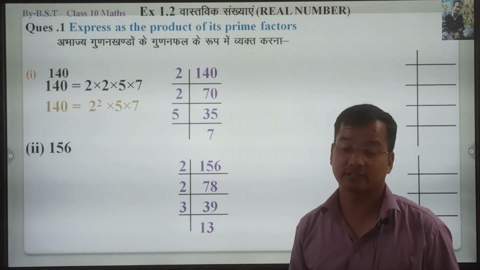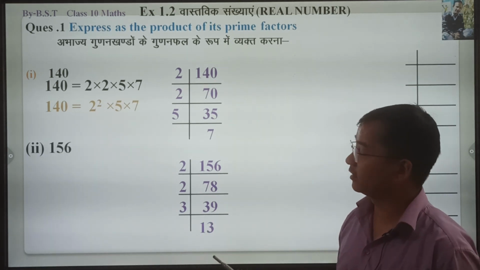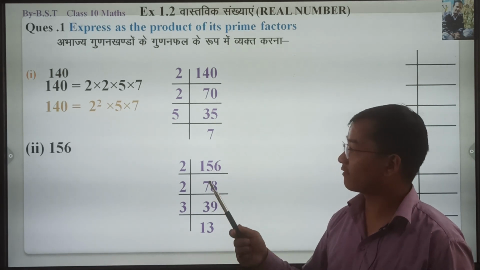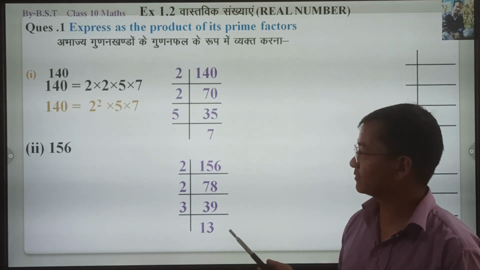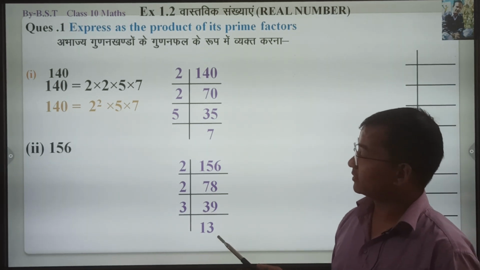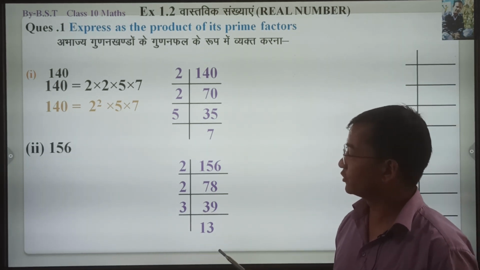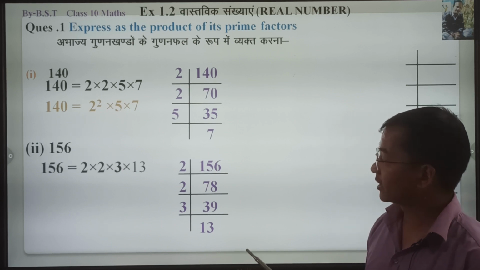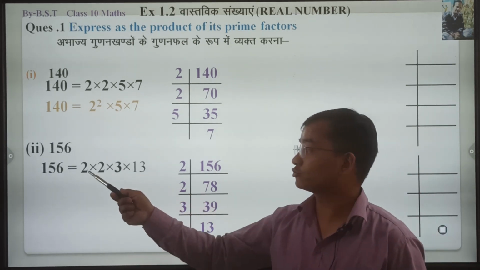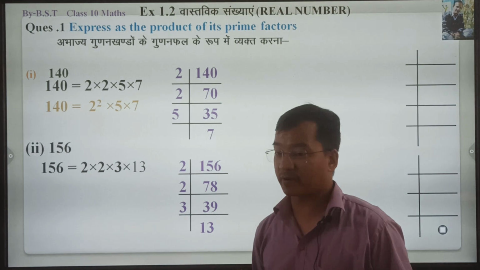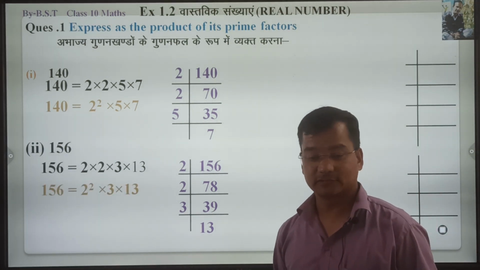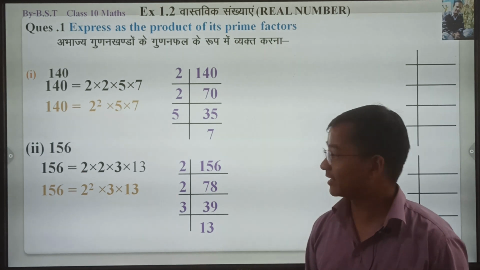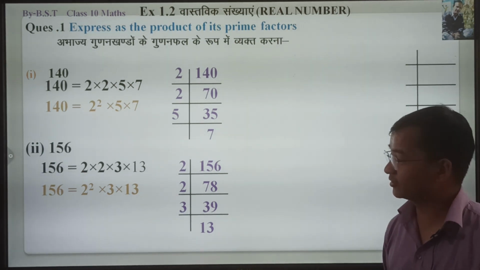13 is a prime number. Stop dividing and finally we get the prime factors of 156 as 2 into 2 into 3 into 13. So it's very simple. Again because there are two 2s, this can be written as 2 की power 2 into 3 into 13. It's so easy students. Okay, let us start the third part of this question, that is